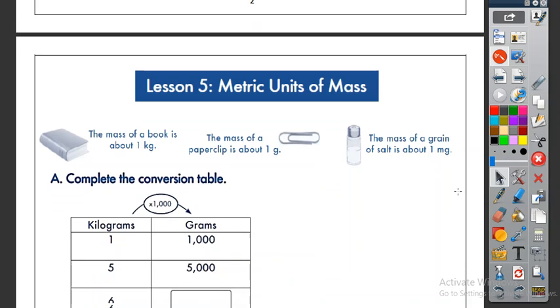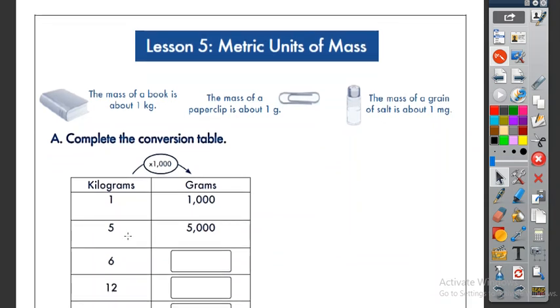We're gonna convert metric units of mass also. Well, the mass of a book is about 1 kilogram. So 1 kilogram is about your book. Let's say you're reading a storybook. The mass of